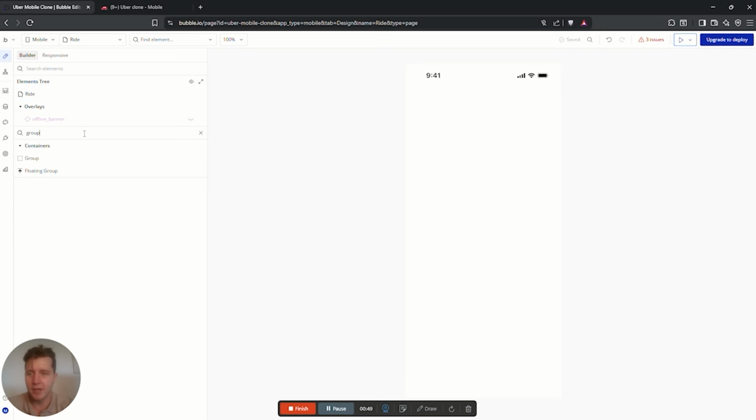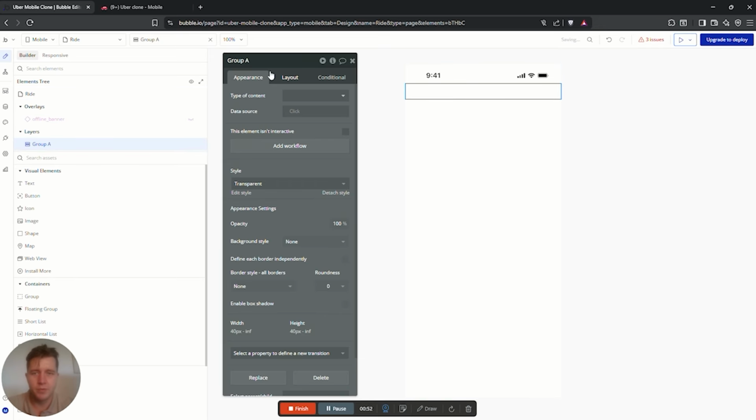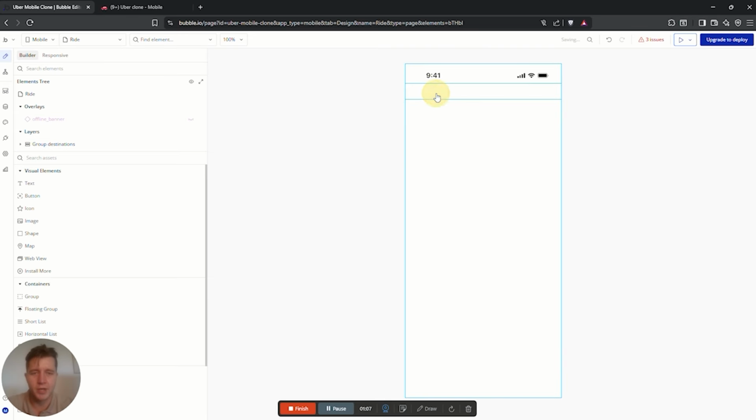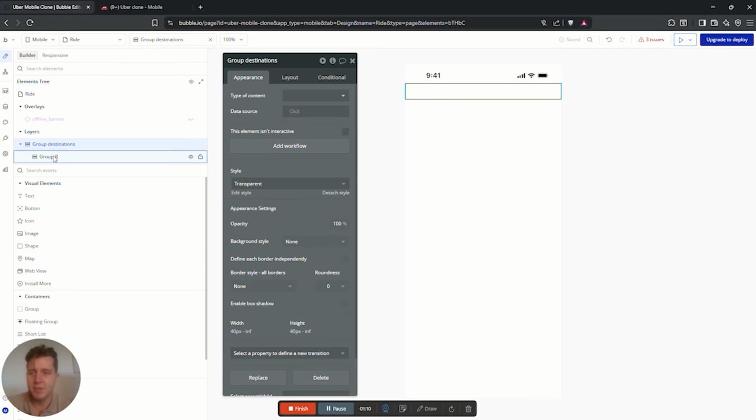Now the first thing we're going to add in is a group. And we can add the group in the top. And this group we're going to call group destinations. Now in here we're going to add in our pickup location and our drop-off location. So we're going to add a subgroup into there. We type group. We're going to drag a group in. So you can see here on the left, group destinations, and then underneath, we're going to call this group start